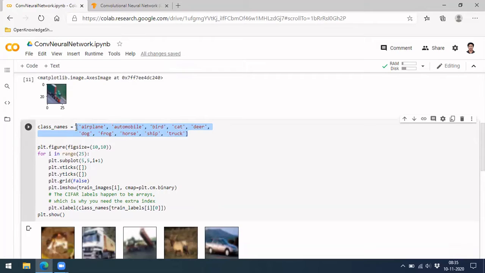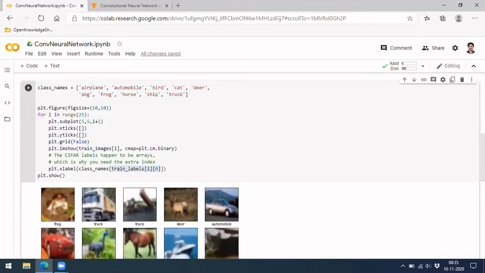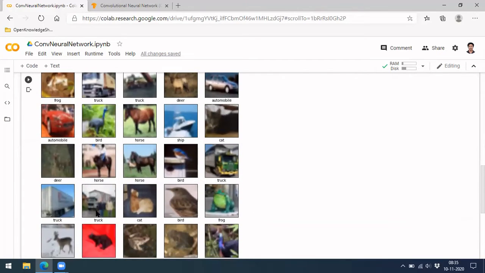CIFAR-10 is a 10-class dataset. So it contains these classes, and it will be labeled as 0 for aeroplane, 1 for automobile, like that. They are trying to plot for those indices here. So this is how it is done, and they are printing what the label actually is.